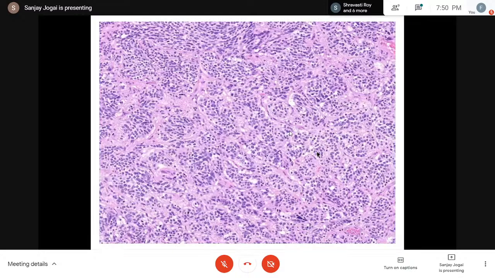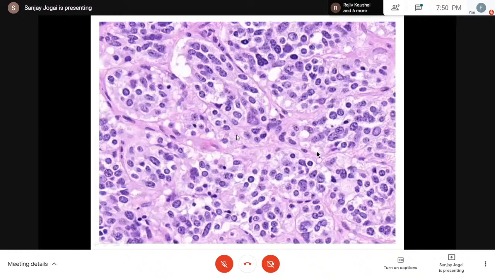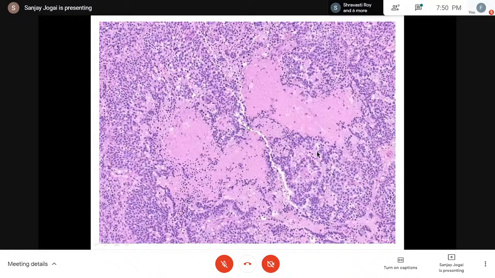Now, moving on to another case, this shows again a good nesting pattern, but even on a scanner you can make out that there is slight variation in nuclear size and shape. And what's going on there, that's important. If we look up close, there is clearly variation in nuclear size, and occasional cells are starting to show tiny nucleoli. I can't see any mitotic figures in this field, but what's very interesting is there was